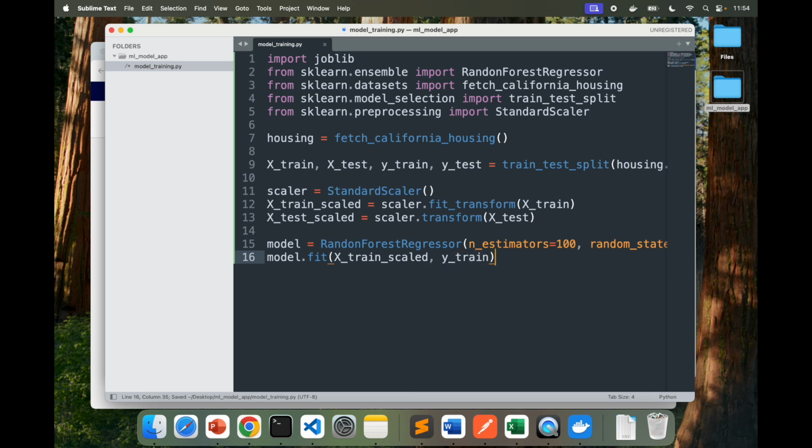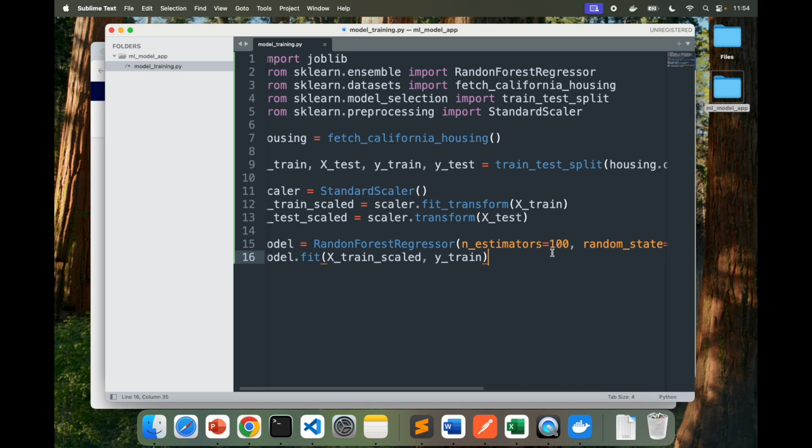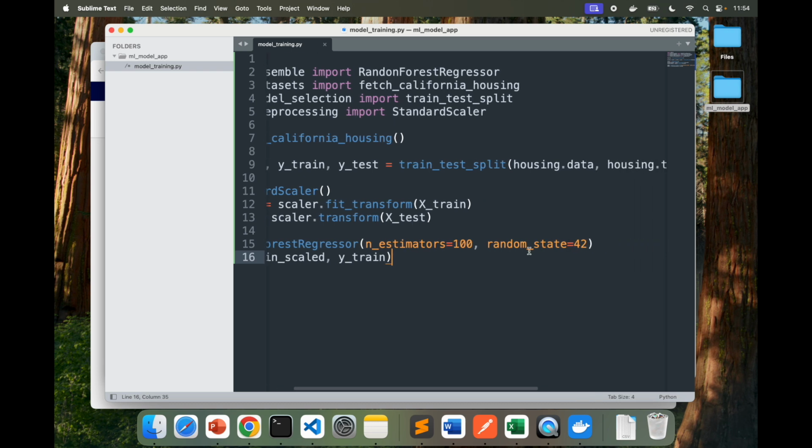So in here, this initializes a random forest regressor with n_estimators equal to 100. This specifies that the model will consist of 100 individual decision trees, and random_state equal to 42 ensures that the results are reproducible. Random forest introduces randomness, for example in sampling data and features, and setting a seed ensures consistent behavior, as mentioned earlier.